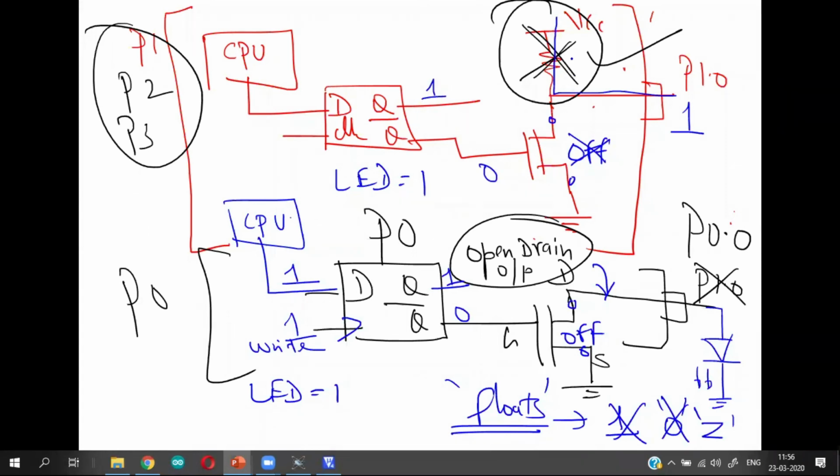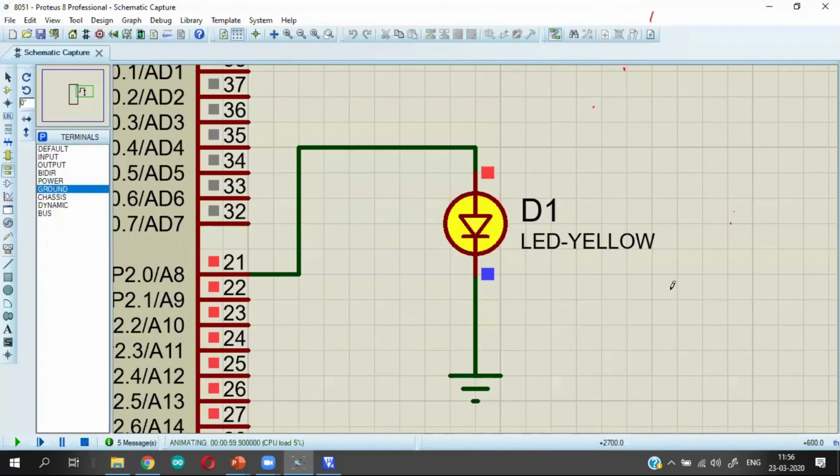The internal pull-up resistor pulls the output to Boolean 1. That is why you are getting a 1 here. But since there is no internal pull-up present in port 0, whenever this transistor is turned off, this pin simply floats. It is neither a 1 nor a 0. It is floating at high impedance state. That is why you are getting that cement color.